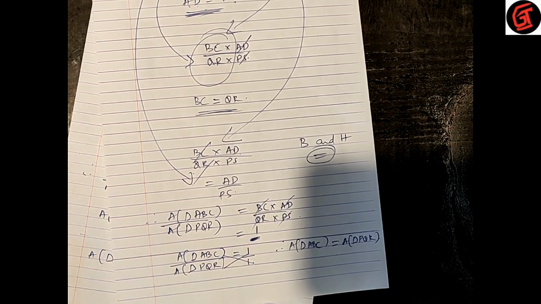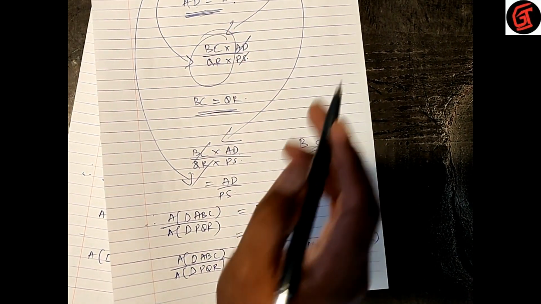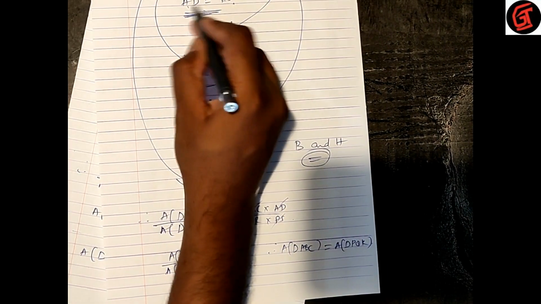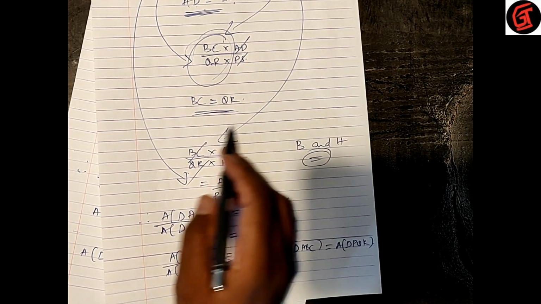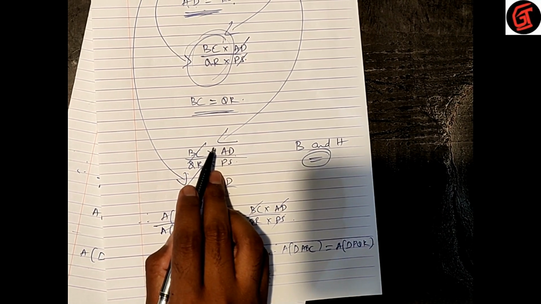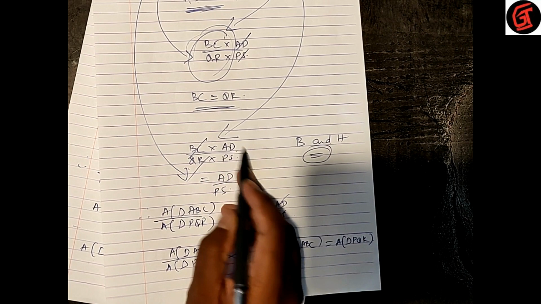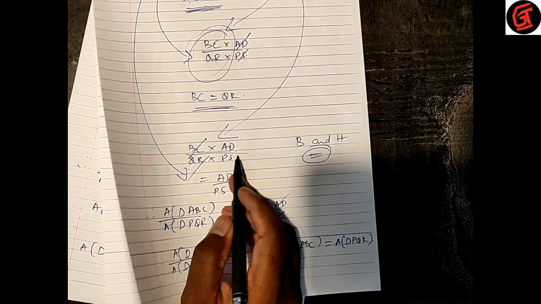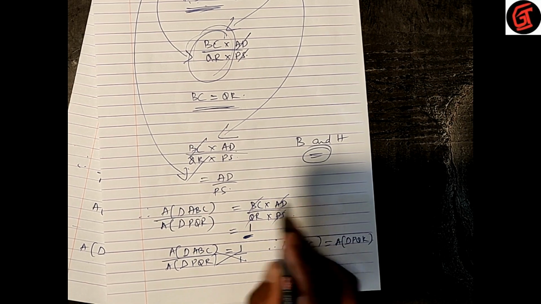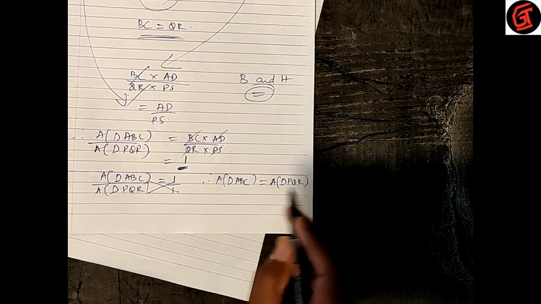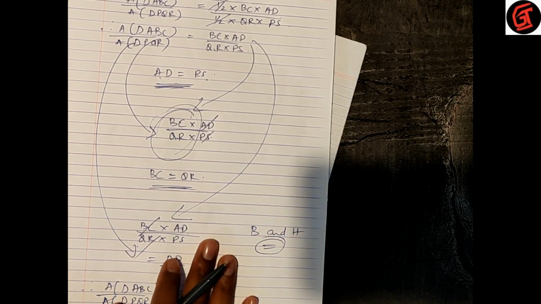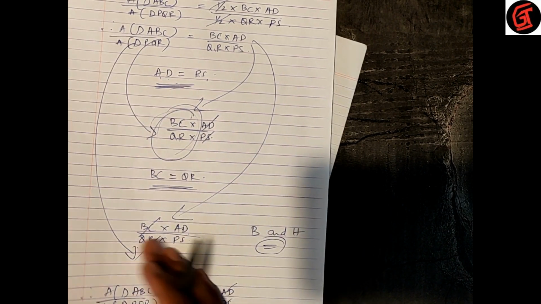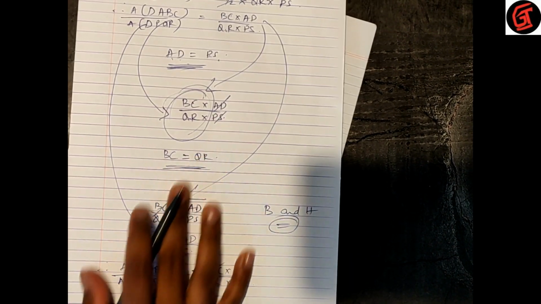So with this, we come to know some more properties. What is the next property? What we did here is the ratio of areas of two triangles with equal height is equal to the ratio of their corresponding bases, and the ratio of areas of two triangles with equal bases is equal to the ratio of their corresponding heights. Similarly, if two triangles have bases and height both equal, we say both the triangles have equal area. Okay, so I hope you all understood this type of property well, which is divided into two more conditions, that is if heights are equal and if bases are equal.